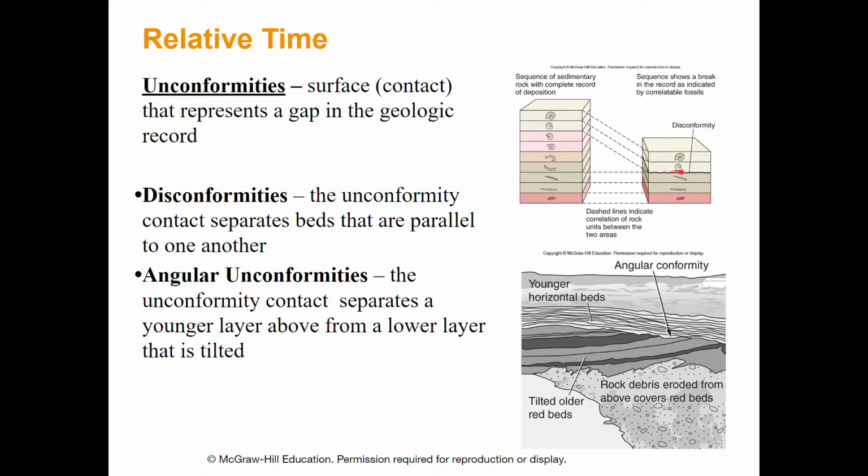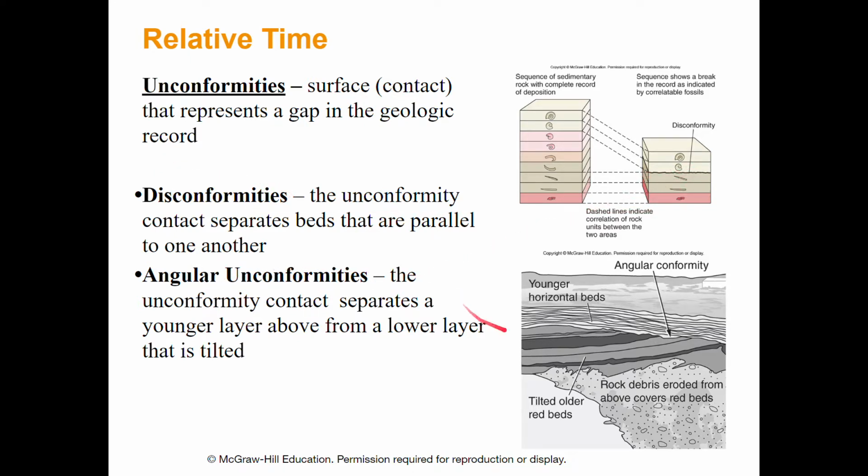That's basically what they're showing here. And in fact, what I just described is a special type of unconformity called a disconformity. We have sedimentary rocks on top of sedimentary rocks. So that contact represents a gap in geologic time because you've lost that shale and that upper sandstone. You lost it to erosion, and that's what these things represent. So there are three different types of unconformities. There's disconformities, which is what this is.